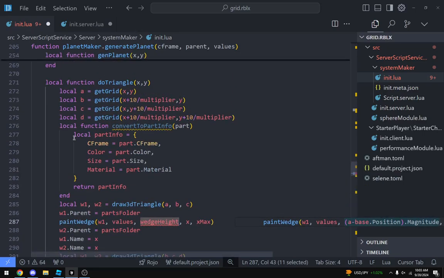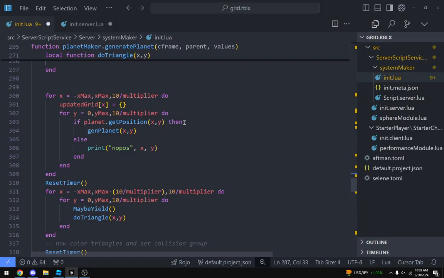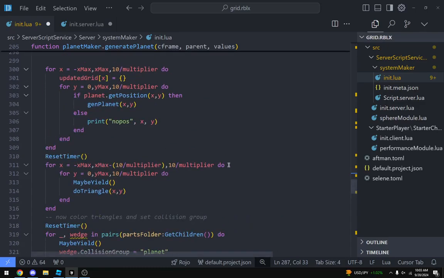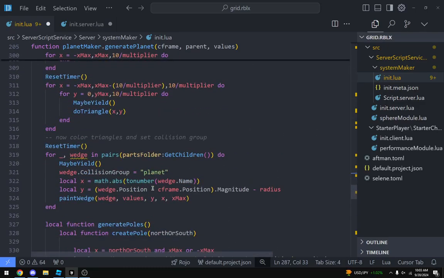What does that mean? Is that y? Yx x max. Yeah. Collision group. Yeah, we don't have to do that janky system. And the y.